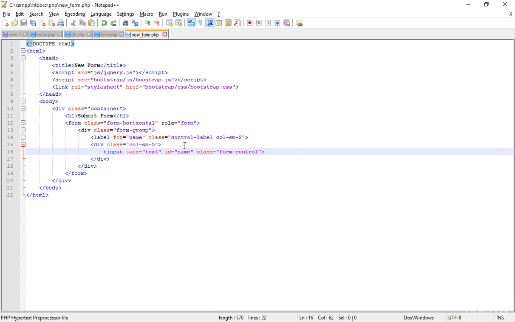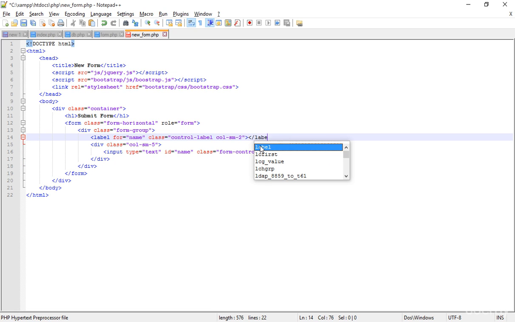The problem is, oh yeah, actually I didn't mention what should be inside the label and didn't end the label tag. This is even worse, that I didn't end the label tag. So it means that this class is applying to the whole elements, the col-sm-2. By the way, here I'm just mentioning name and saving that,